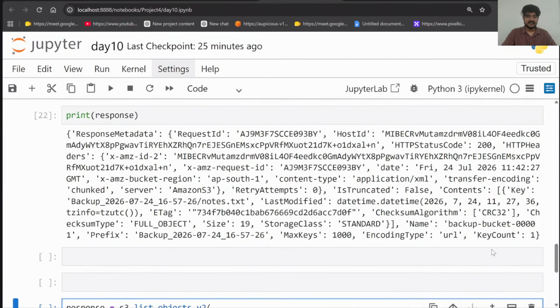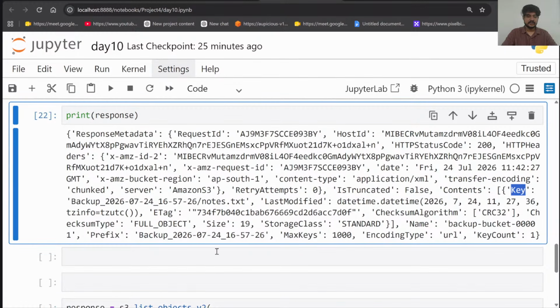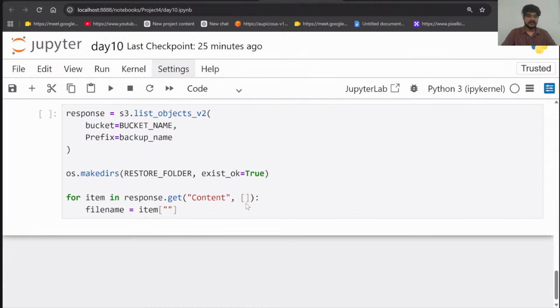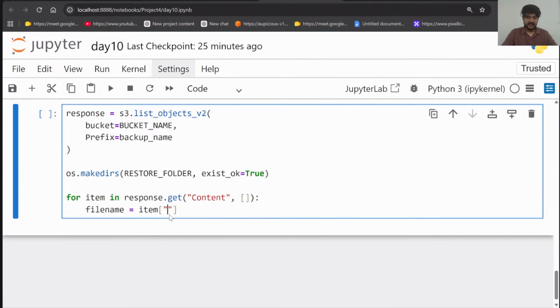Here inside this there is an option called key. So this key will help us technically to retrieve the value. So item, whatever items they have, with the help of their key, do one thing: split the value using the split function, and split it with the forward slash, right? And I'm telling here -1, which means I want it to be split.